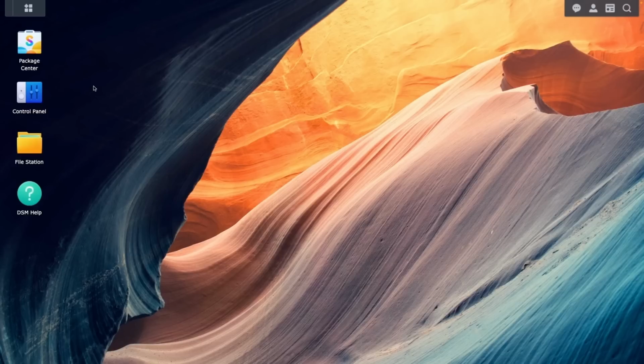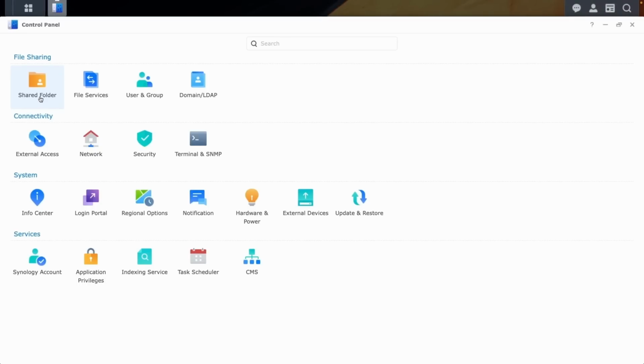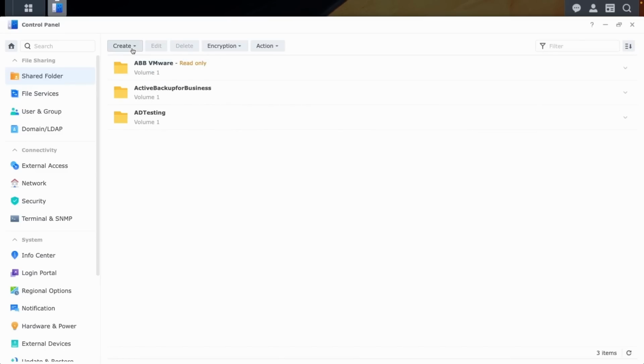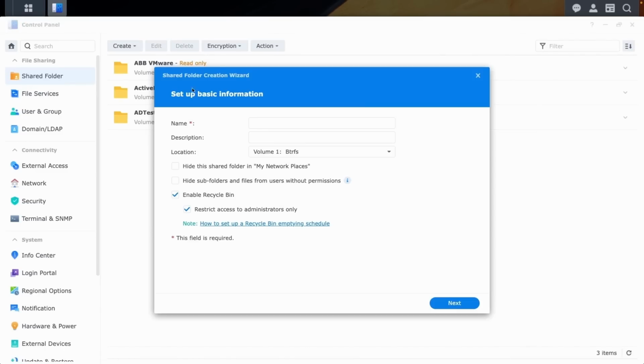Now, we're going to move through the steps for creating the shared folder as if we're going to use this folder as a Time Machine destination. Keep in mind some of these settings you wouldn't enable for a shared folder you're using for normal file serving, and I'll try and point those out as we go along. So to set up this shared folder for Time Machine for the first time and use the Synology NAS for file serving in general, we're going to want to create a shared folder and click this Create button and click Create Shared Folder and follow through with this wizard.